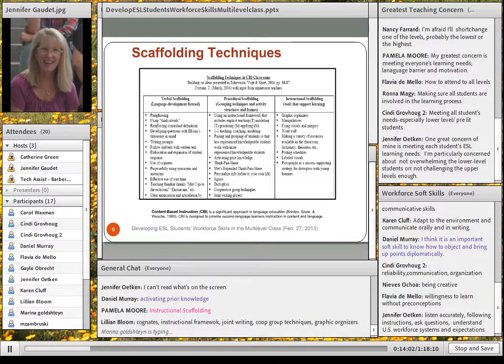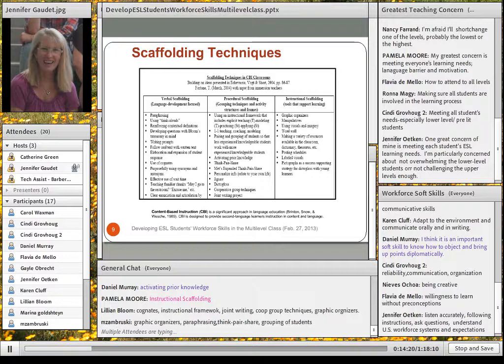Some of you may use think, pair, share. Cognates, so Lillian says cognates, instructional framework, joint writing, cooperative group techniques, graphic organizers,